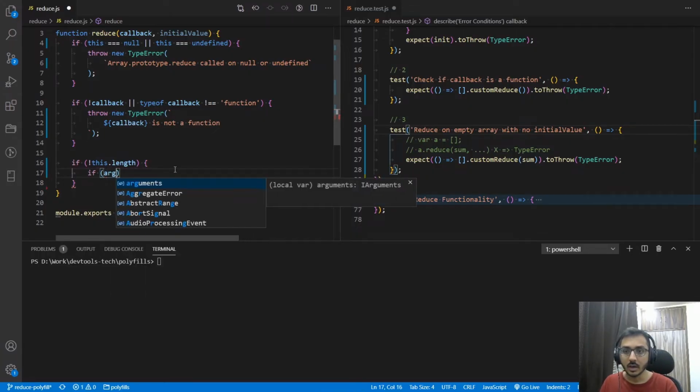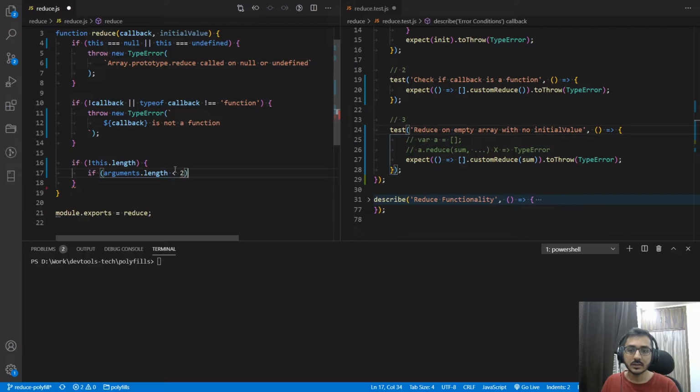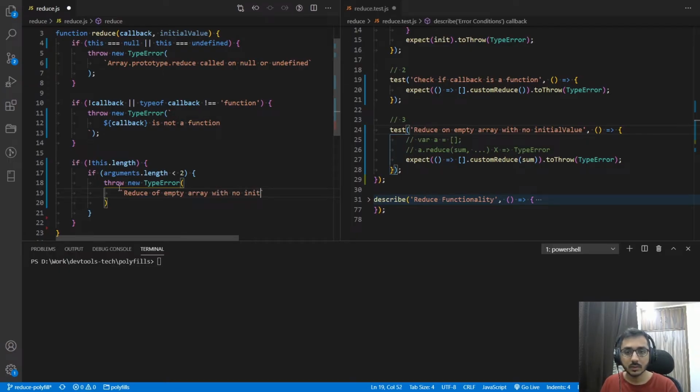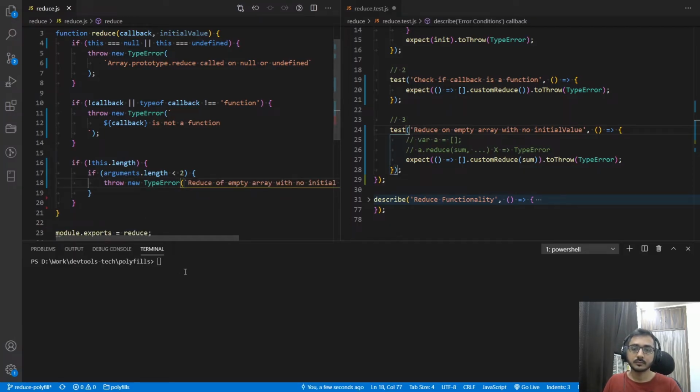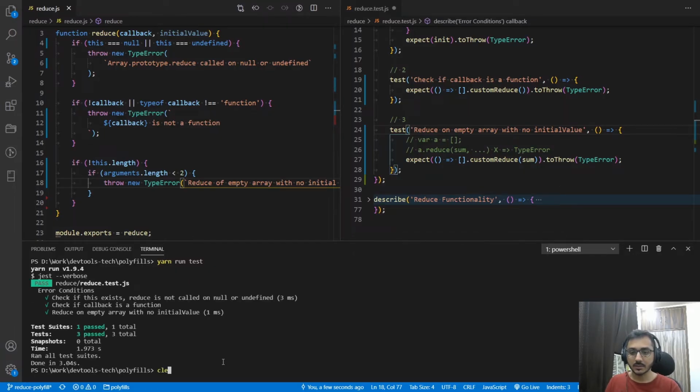So if arguments.length is less than 2, that means we don't have the initial value, then we'll throw a new TypeError saying reduce of empty array with no initial value. And if we run our test cases now, our test cases pass.